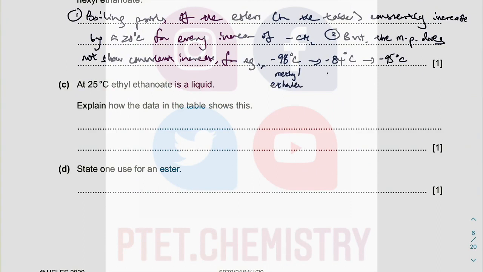This is for plus a CH2. This is for another plus CH2. Here we see an increase, but here we see a decrease. Therefore, melting point is more difficult to predict. I have written quite a lengthy explanation for a 1 mark question, but really they just want you